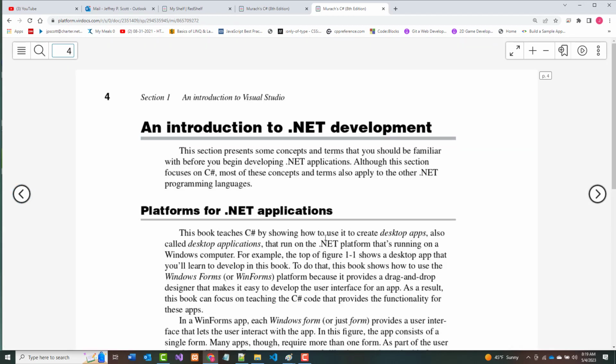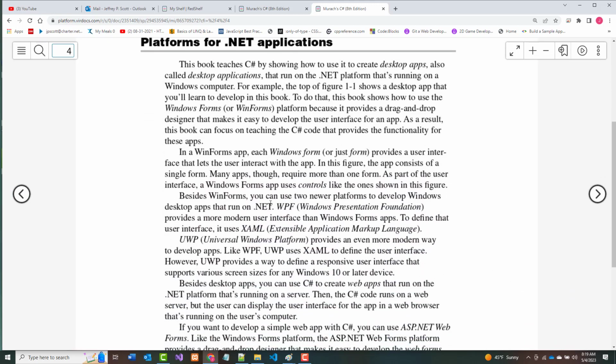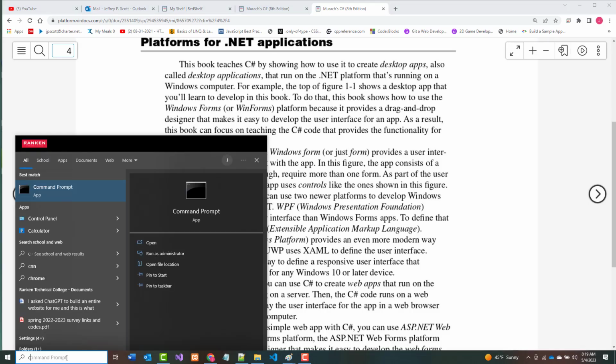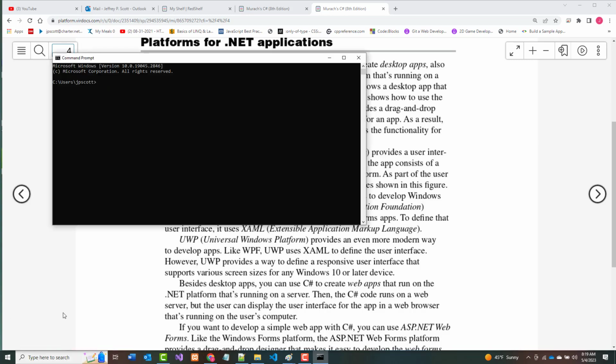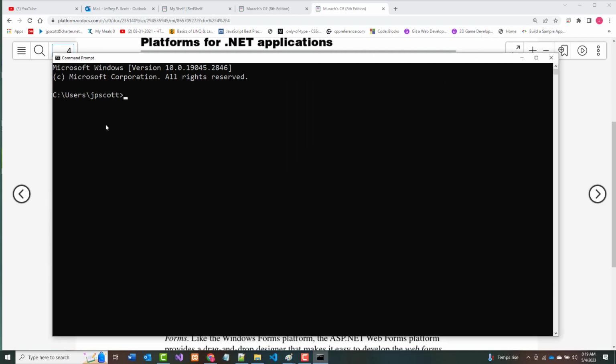As they mention in here, this book teaches C# by showing you how to create desktop applications. That's what we're going to be doing. We're going to be making console applications, which means when you run them, they'll look a lot like this. In other words, they'll have a black background and white text, and there won't be anything